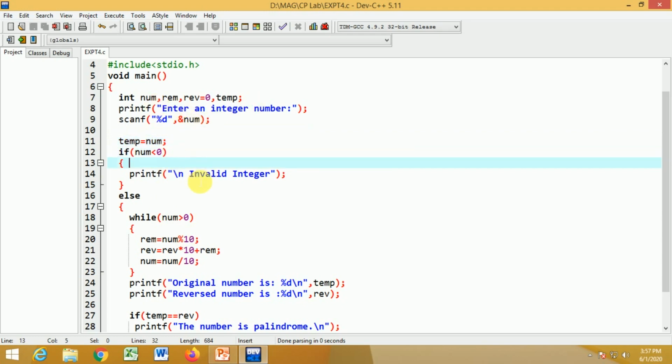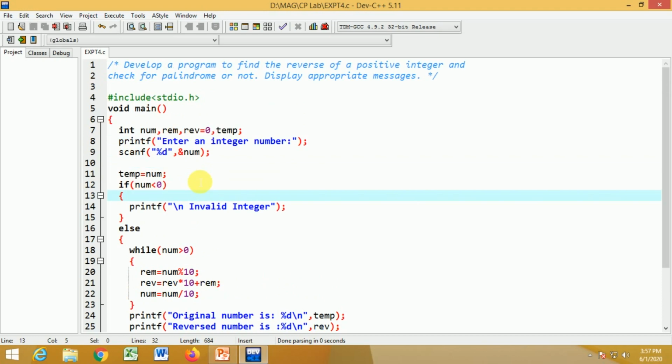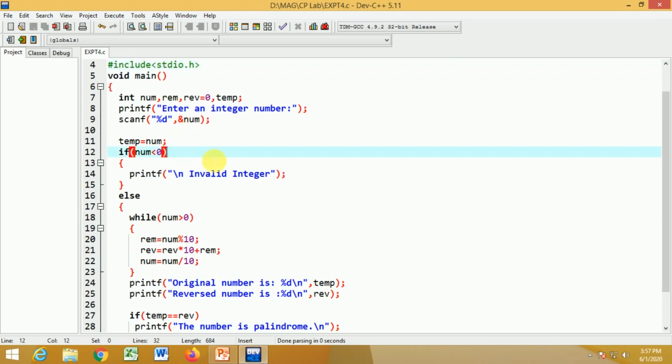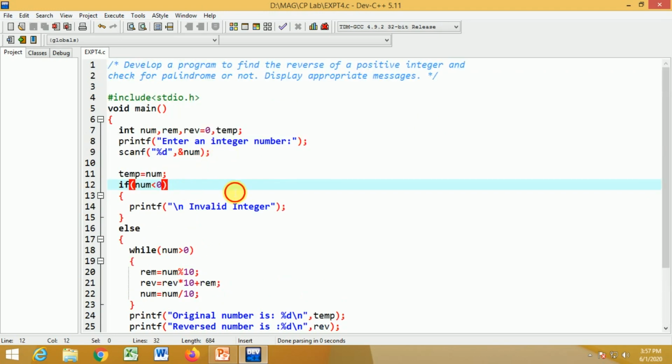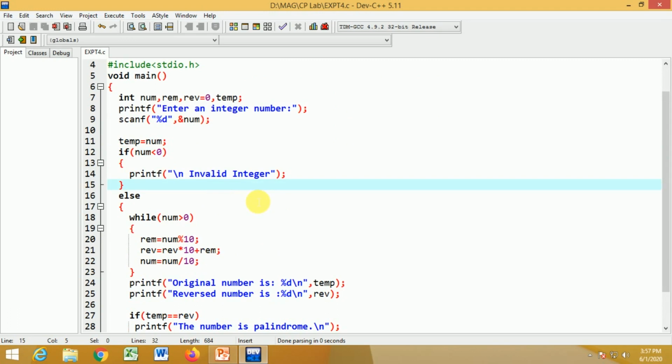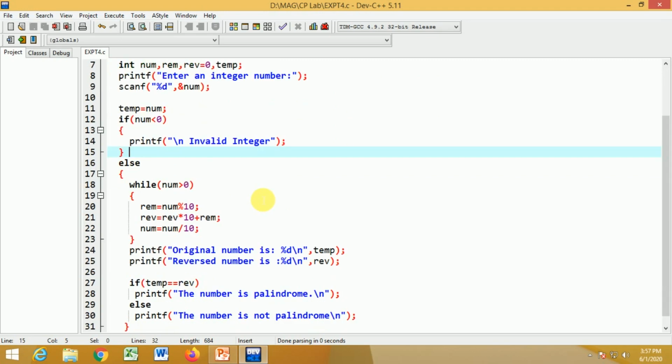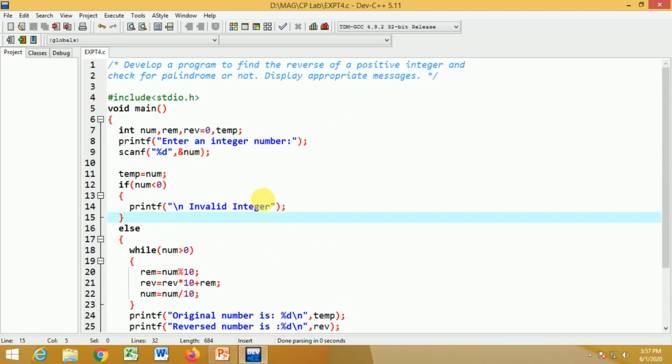So after that, as per the problem statement, we have to consider only positive integers. So we have to check whether the user has entered a positive integer or not. If he has not entered a positive integer, you should not perform any operation. That's why we have the if statement to check whether the given number is positive or not.